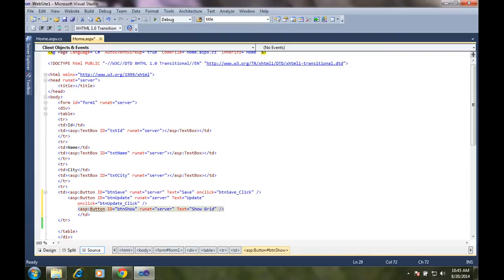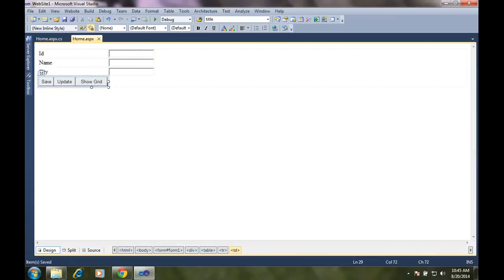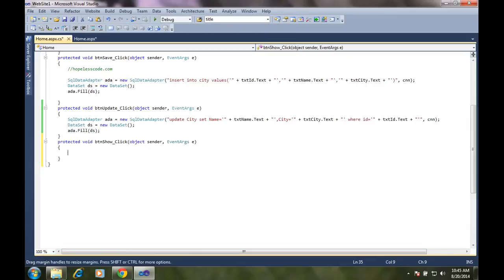Okay. Go to design, Show Grid, this part.